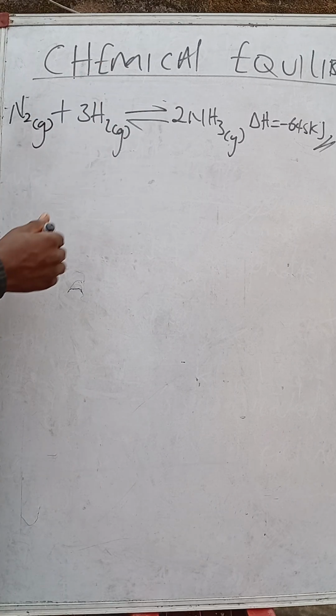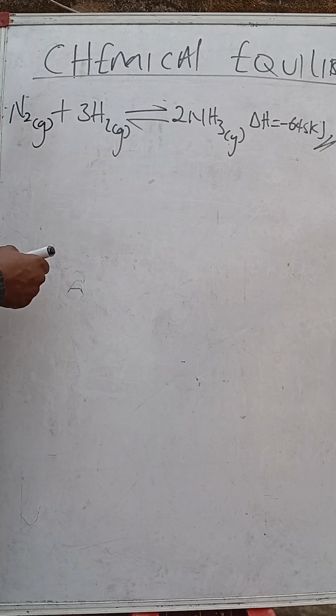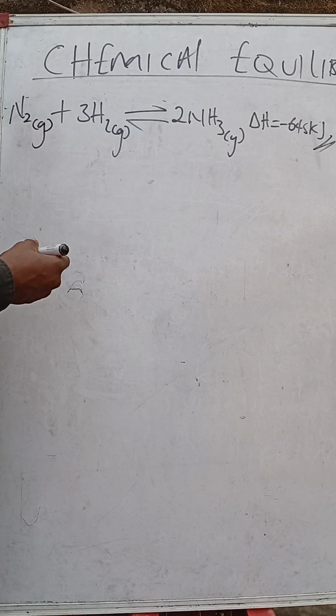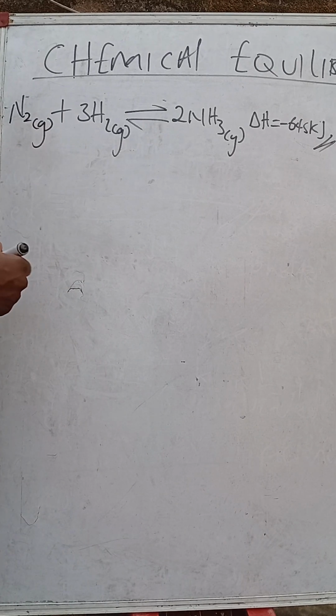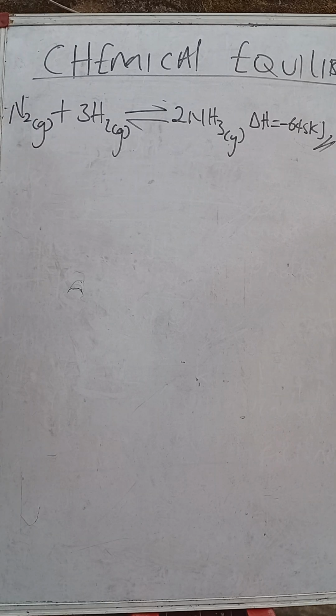So if I have an exothermic reaction like that, how will temperature affect this equilibrium constant? All equilibrium reactions are either exothermic or endothermic. There's no reaction that does not have heat change. Every reaction has an enthalpy change. So for this exothermic reaction,